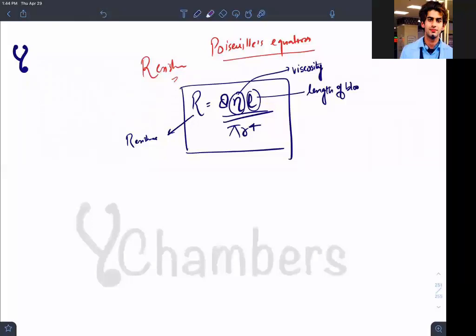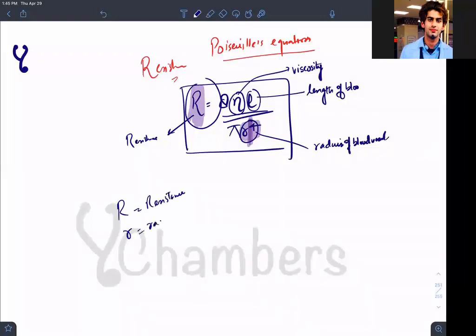This quantity you have to remember, guys. This is the radius of the blood vessel. Now I will tell you one concept. In the exam, they will ask you what the relation of radius to resistance is. Capital R is resistance, remember. Sir, how do I remember which is which? Think of R as big, something like resistance. R is equal to resistance, and small r is equal to radius.